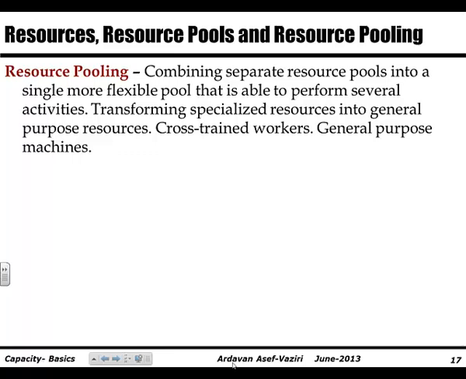It can increase throughput and it can reduce flow time. The main idea is here. If we have two resources and they are working on different tasks and they cannot combine their tasks, one resource cannot do the job of the other resource. In that case,